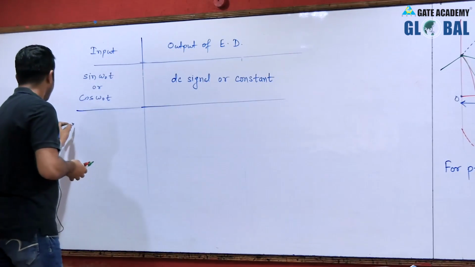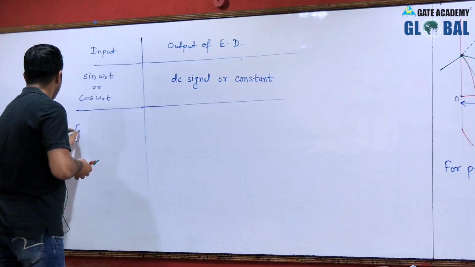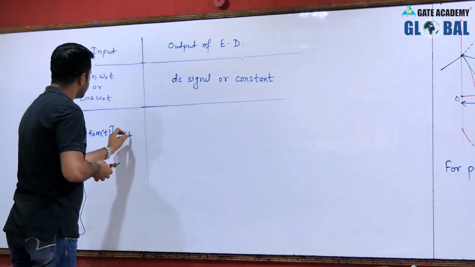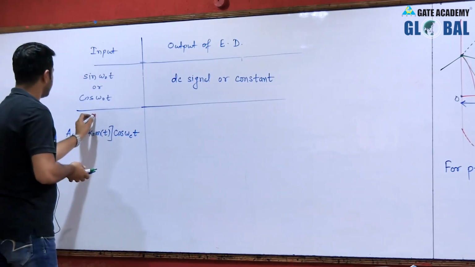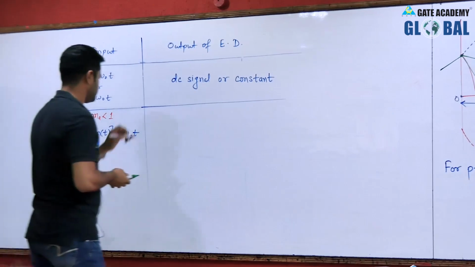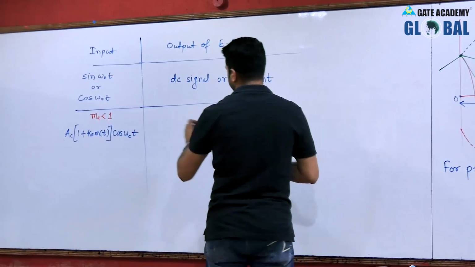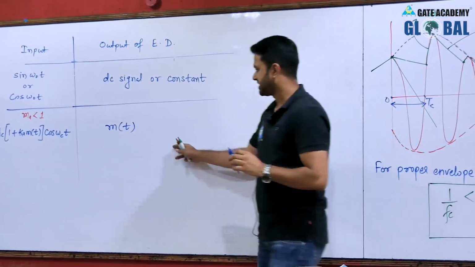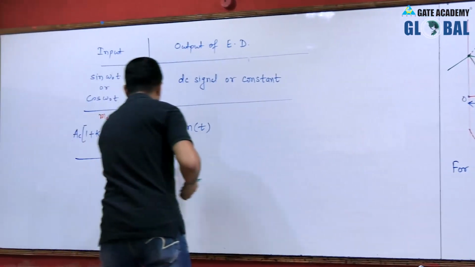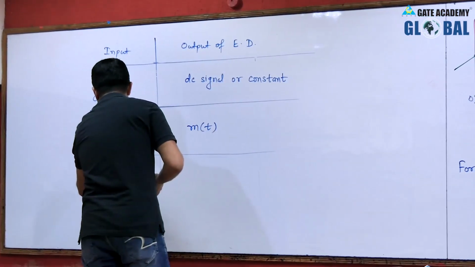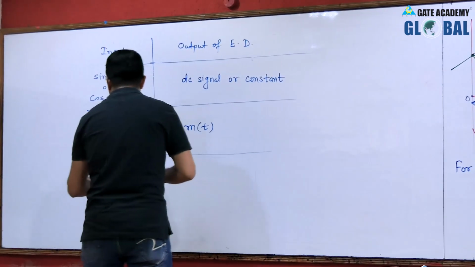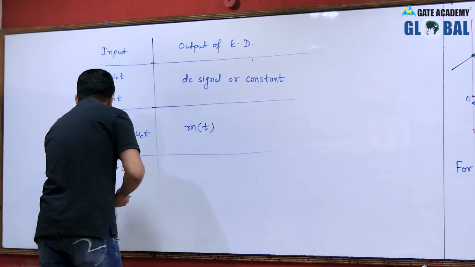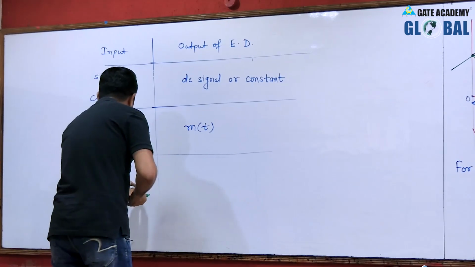If we give an AM signal, that is Ac (1 + ka m(t)) cos omega c t, with modulation index less than 1, then at the output we get a signal proportional to the message signal. But when the modulation index is greater than 1 and the input is Ac (1 + ka m(t)) cos omega c t, that is an over modulated signal,